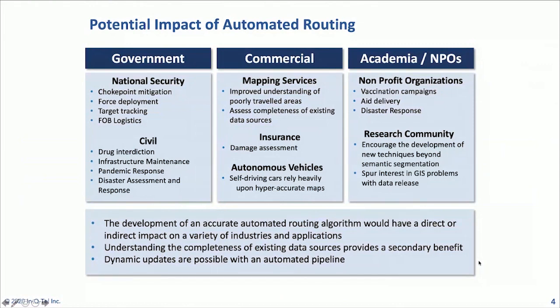There's a ton of potential impacts of automated routing. I won't spend much time here, but it applies to other communities. And if we can do this in an automated fashion, it would benefit all these different communities. So a little more about the motivation of why we're doing this. Rapid extraction of road networks and key routes is critical in dynamic scenarios such as a disaster like Hurricane Maria. And kind of the elephant in the room is, well, can I already do routing with something like Google Maps